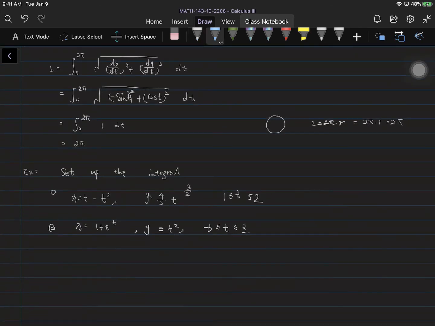Give you the answer. The first one, arc length equals the integral from 1 to 2 of the square root of (dx/dt)^2, which is (1 minus 2t) squared, plus the derivative y prime, which is 4/3 times 3/2 t to the positive 1/2. I square it, so it becomes 4t, because t to the 1/2 power squared becomes t, and then just dt. The second one,